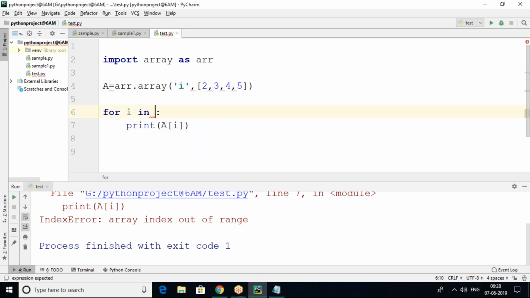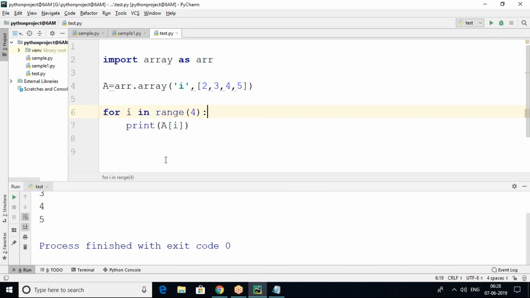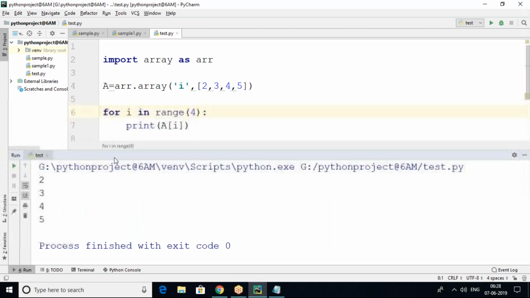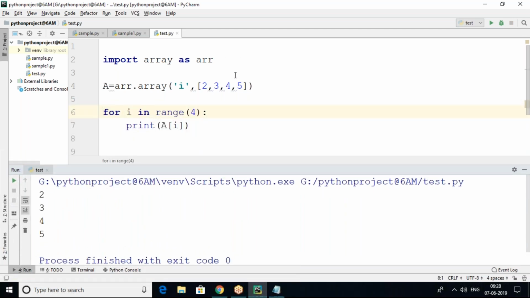Here you can see range of 4. How many elements are there? 4 elements. Yes, 4 elements. For i in range of 4, then print a of 5. A has only 4 elements, 2, 3, 4, 5. For example, when I give range of 4 here, if I increase my elements like this, if I increase,